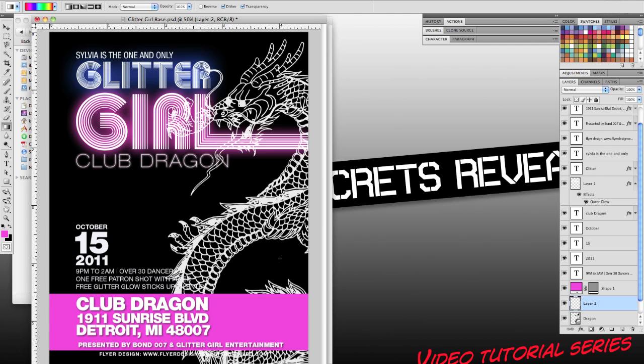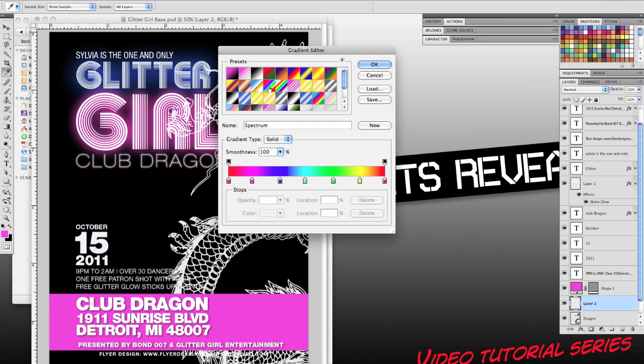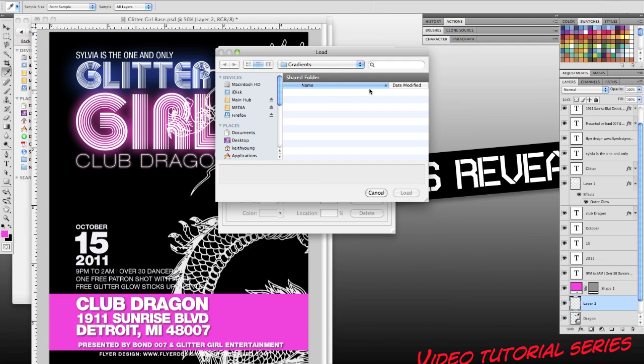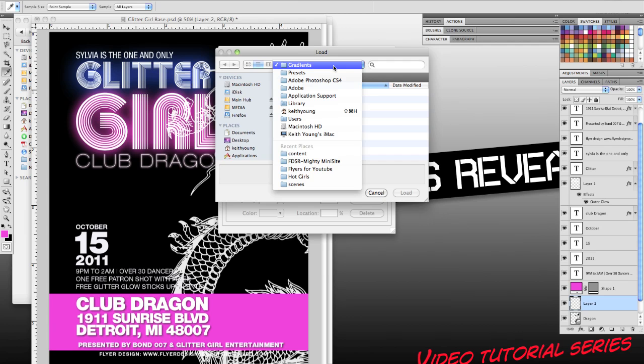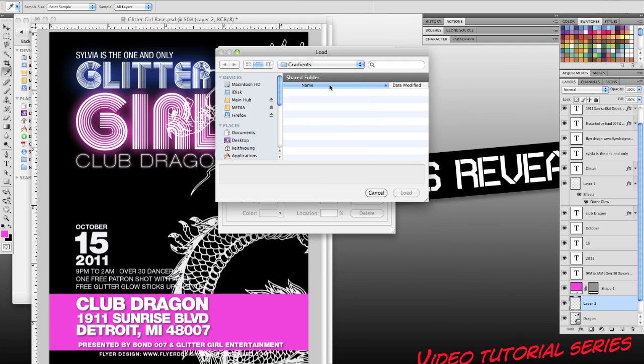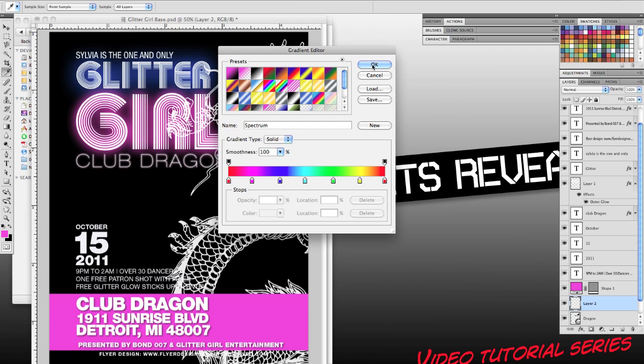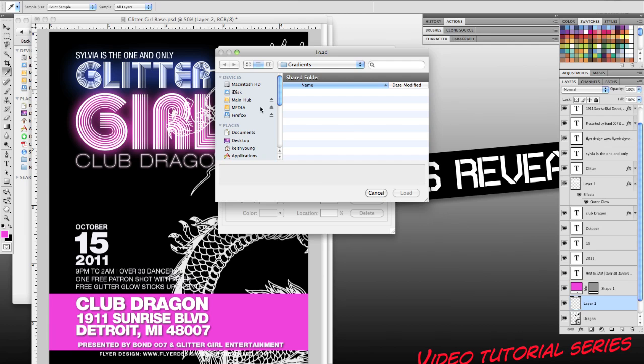If you don't have this particular gradient preset, what you're going to need to do is load the gradient preset from your gradients folder inside of Photoshop. So I'll show you how to do that real quickly. It's not hard to do. You just click on load, and then you navigate to wherever your Photoshop application is being stored,